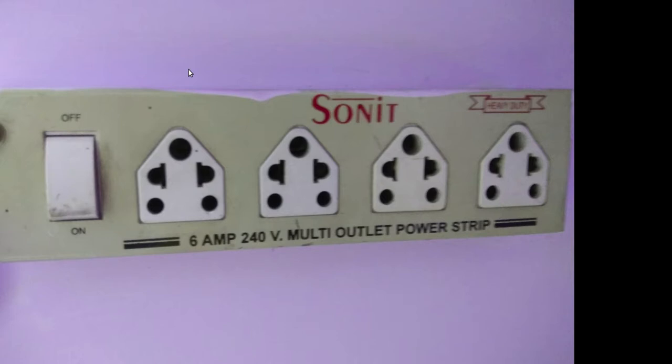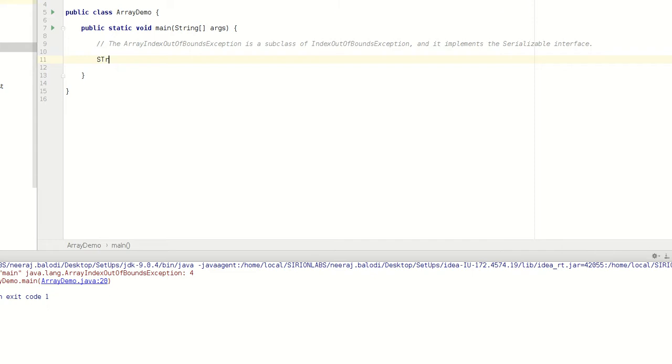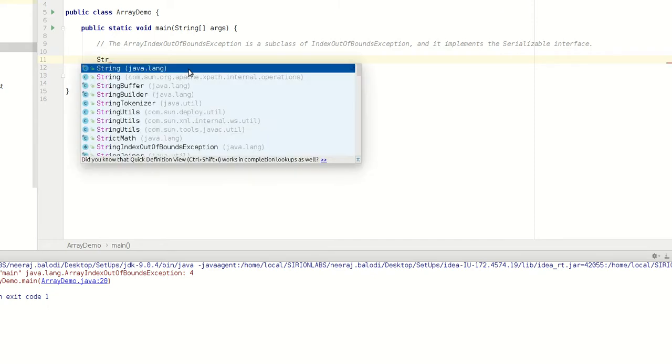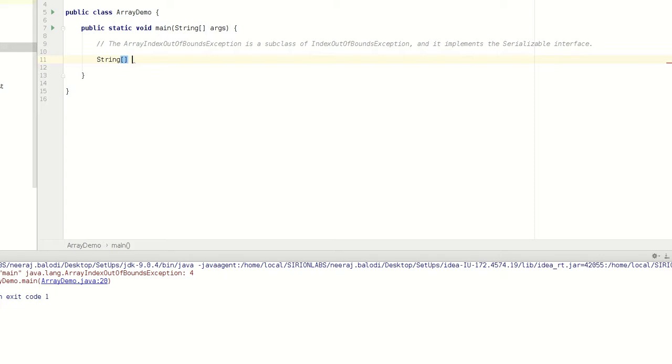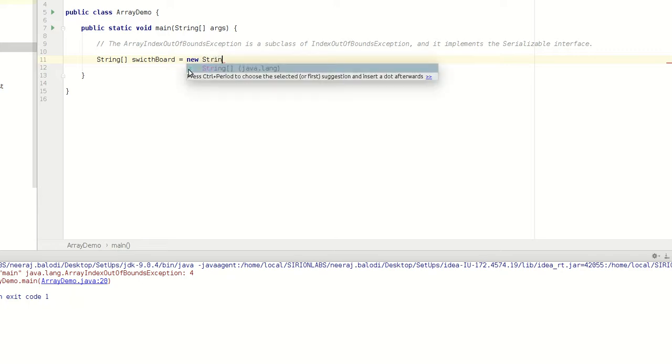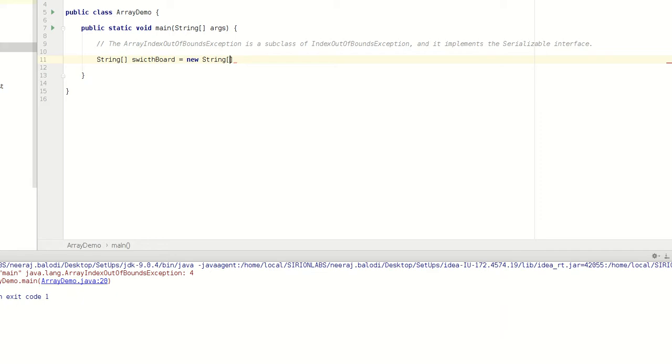The initialization of the array is done like this. Switchboard, I'm just naming the array. Sorry for the spelling mistake. New string, and I know the size here, so size here is 4. So this is fixed.